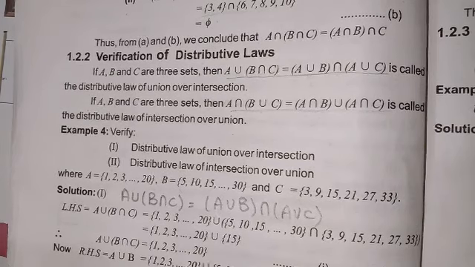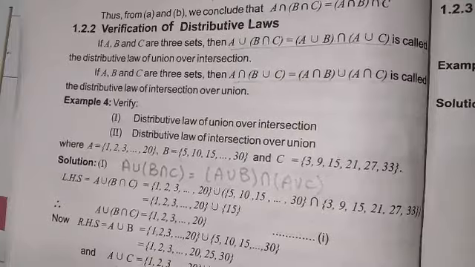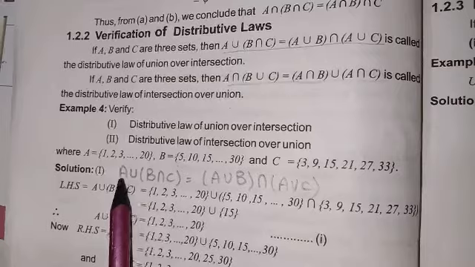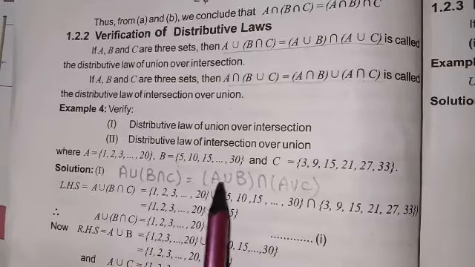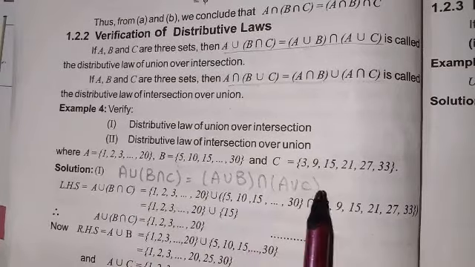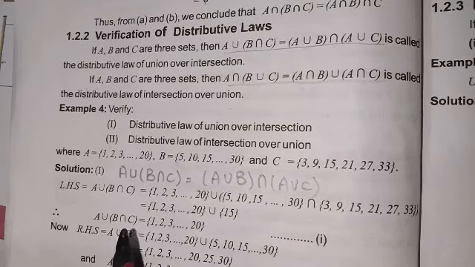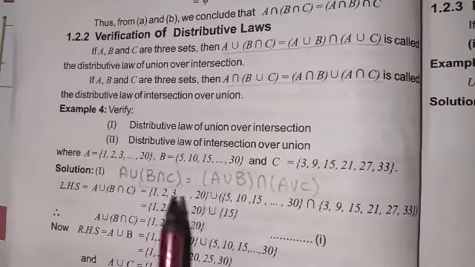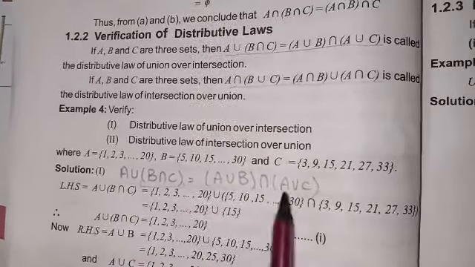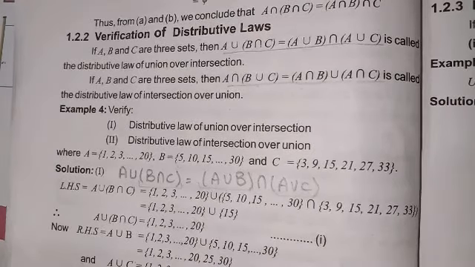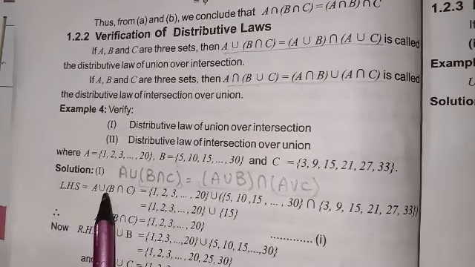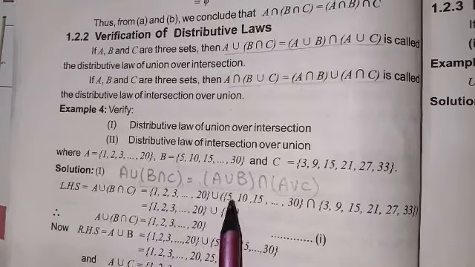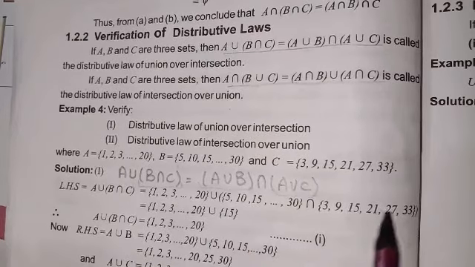Now we are going to verify the first law, which is distributive law of union over intersection. Here I wrote the law, which is A union (B intersection C) is equal to (A union B) intersection (A union C). Now students, as in last lecture, you know that firstly we will find the resultant set of the bracket. We will firstly solve the brackets, then deal with the other sets. Here our left hand side is A union (B intersection C). We will write A set, then union, then within a bracket we will write B set, intersection and C set.